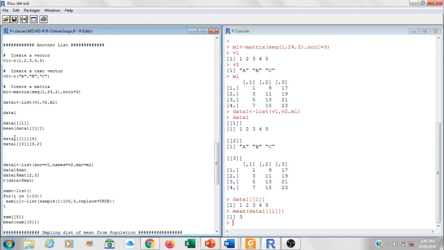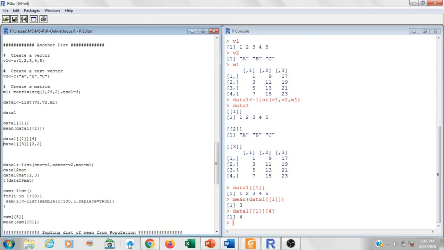Now again, if I want to see a particular element of the first vector, for example, if I want to view the fourth element of item 1 of the list data1, I would use the command like this. That's it. The list name was data1, and this one with the double brackets was the list element, and again this bracket indicates this is the fourth element of the first item of the list data1, which was 4, as you can see over here.